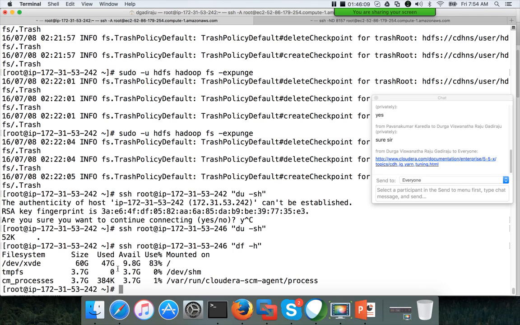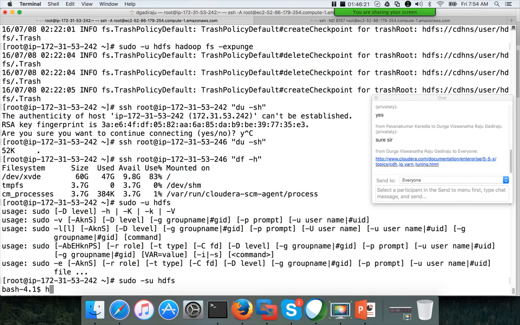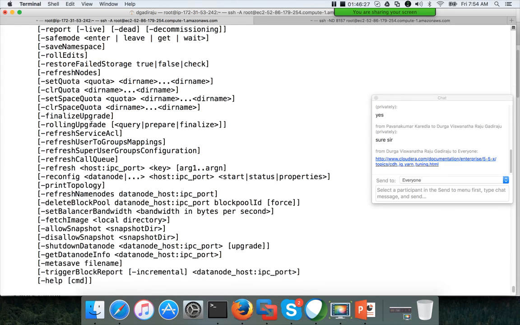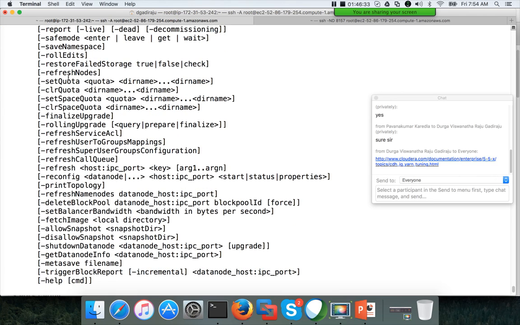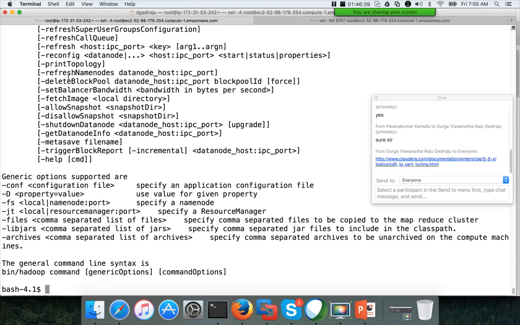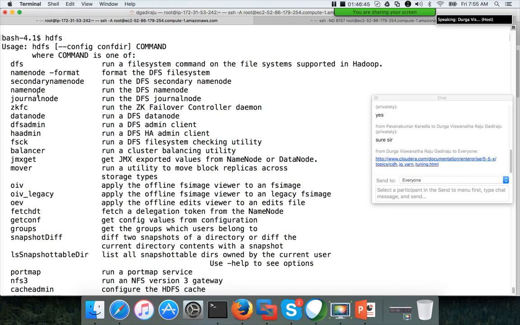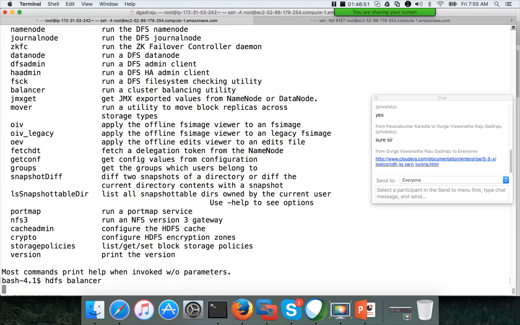Probably su hdfs, and then hdfs dfsadmin. There are many commands here. We might be able to fix that issue. So hdfs balancer, hit enter.